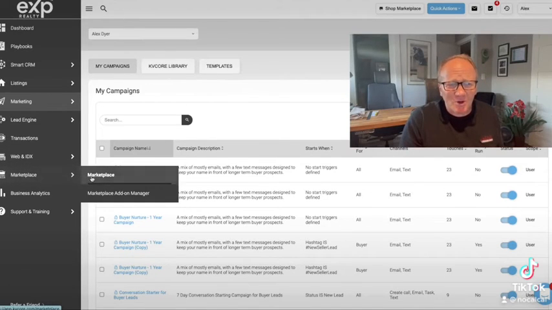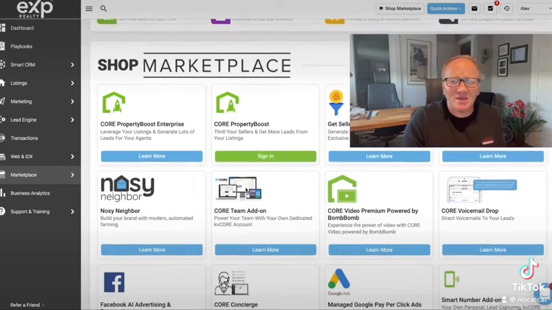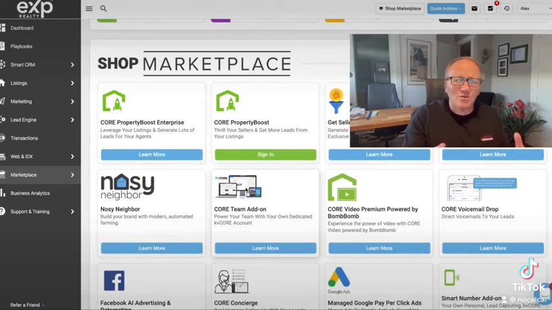There's also this marketplace. So if you want to generate leads on your own, you can do that. But through the marketplace, you can also pay to have leads generated for you through multiple different platforms. If you're using Zillow or some of these third-party platforms to generate leads, those come right into your KvCORE. And when they come in, you can have specific smart campaigns assigned to them so they automatically start getting communication